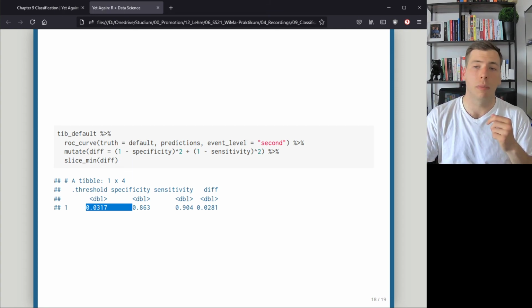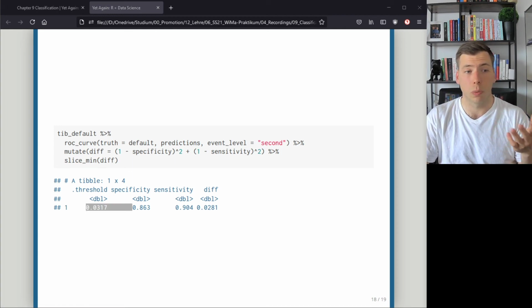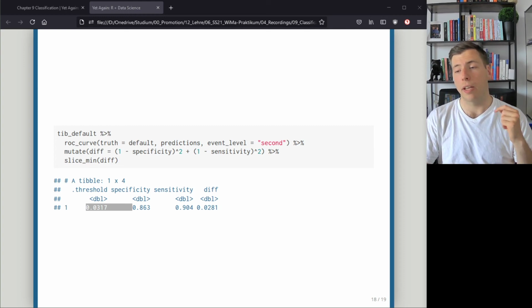So these are multiple ways you could do it. The details, as always, are in the lecture notes. We've done all of that with the specific example of this default data set. And one last thing I want to